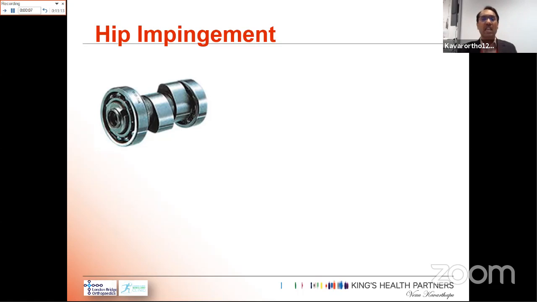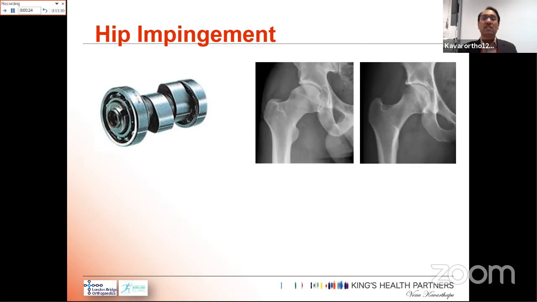What is a cam? Cam is an engineering term. You can see in this picture the circular part, which is nice and circular, but this shape is called a cam, and it is commonly used in certain engineering structures. The picture on the right side is a normal hip. You can see a hemispherical femoral head with a clear head-neck junction, and the neck narrows down beautifully. That hip has a really tiny point as its center of rotation, whereas the picture on the left side shows